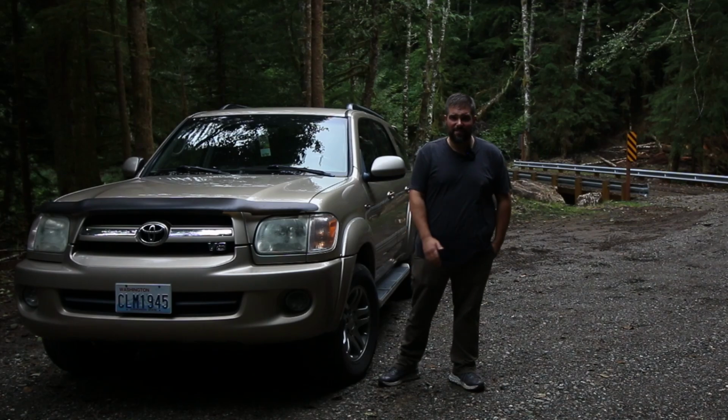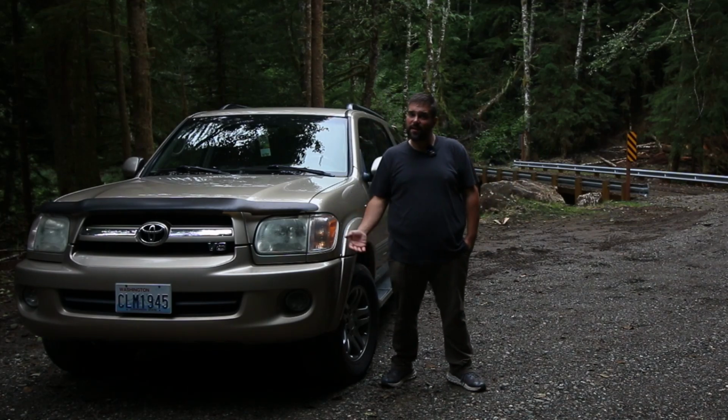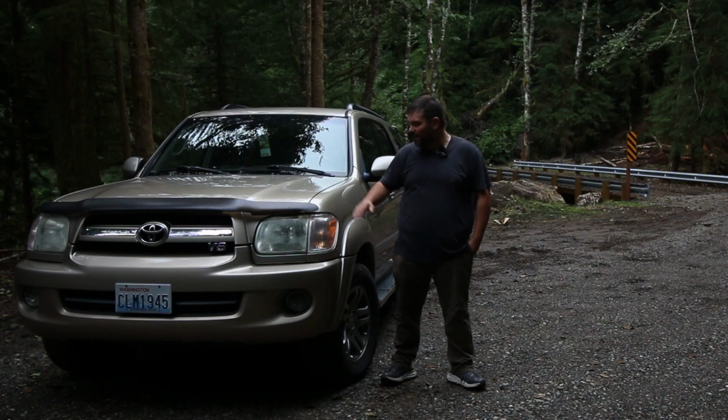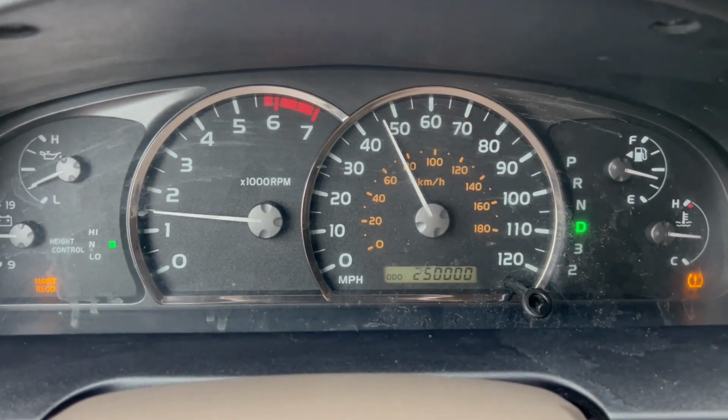It's my opinion that although these things in a lot of cases are 20 plus years old at this point, with 250,000 miles, this one has on it, with some general long-term preventative maintenance, these Sequoias should run reliably for 500,000+